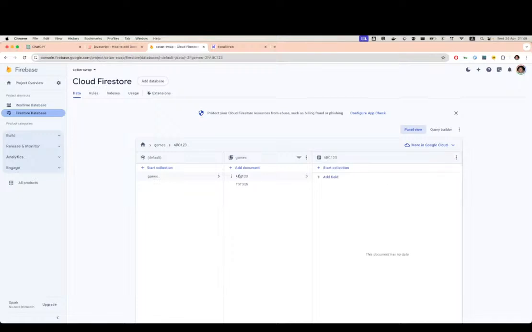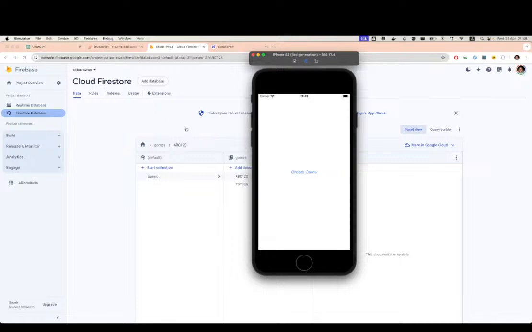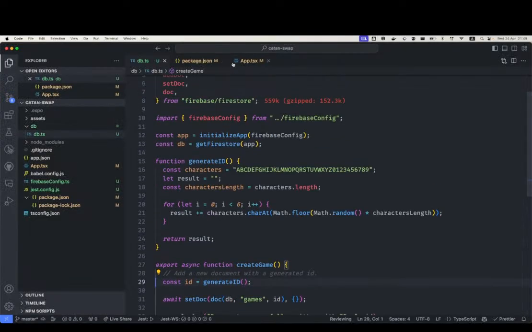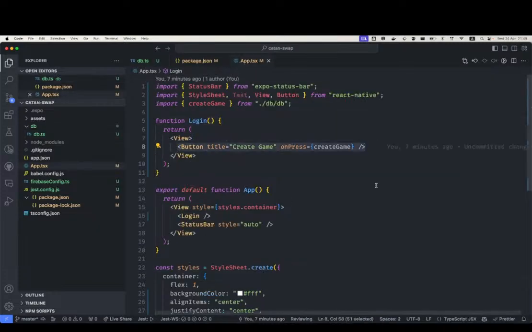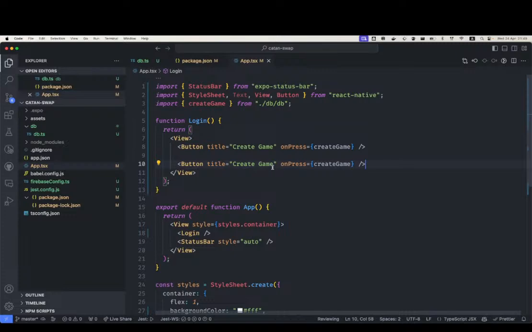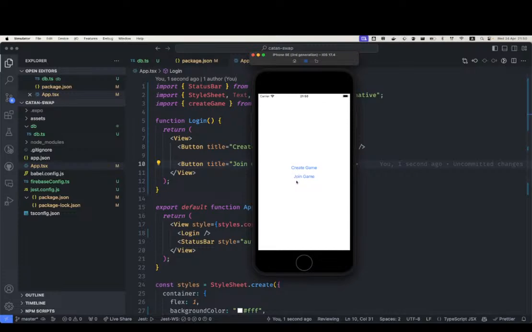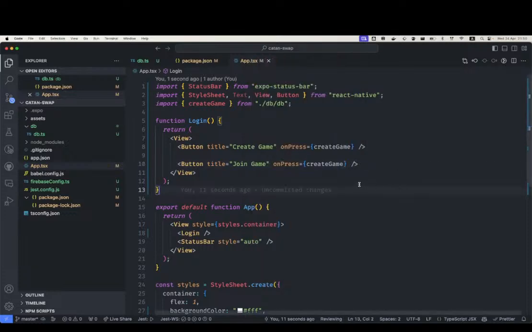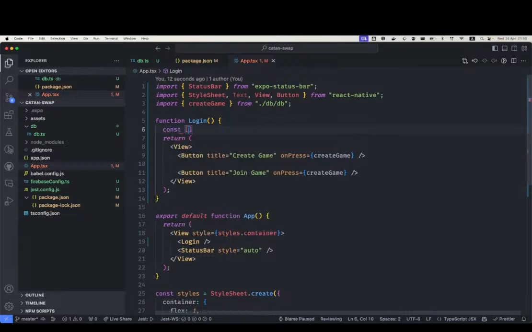Okay, so now we've got join game. So let's do the join game part. Again, not going to be working on design right now, at least. Join game. Okay, so once I click join game, I want two fields to open up, one for the game ID and one for the name, and a submit button. So is joining